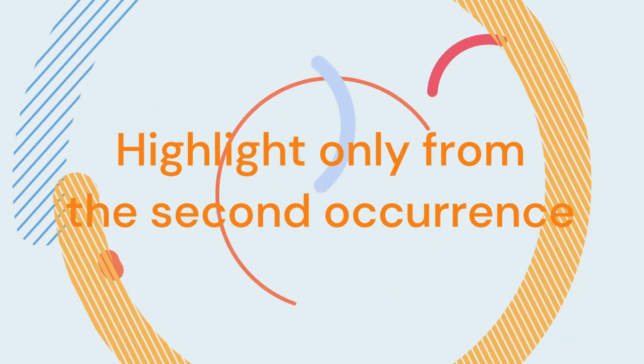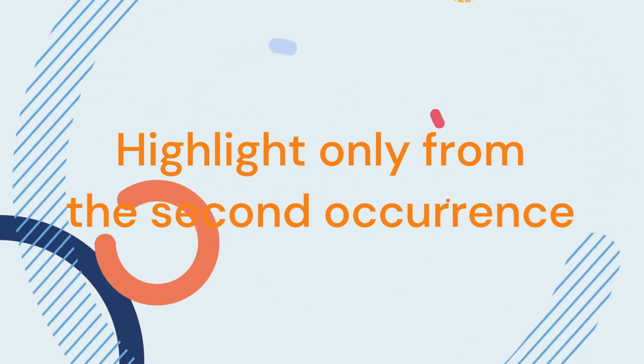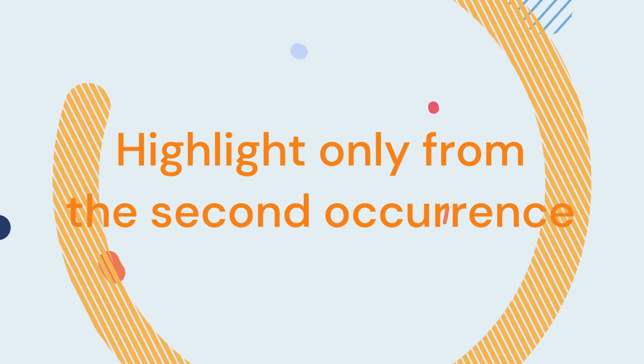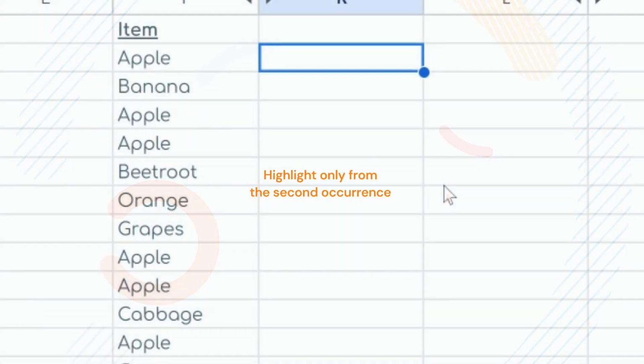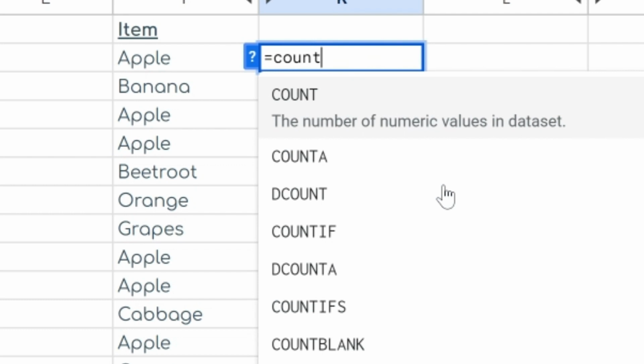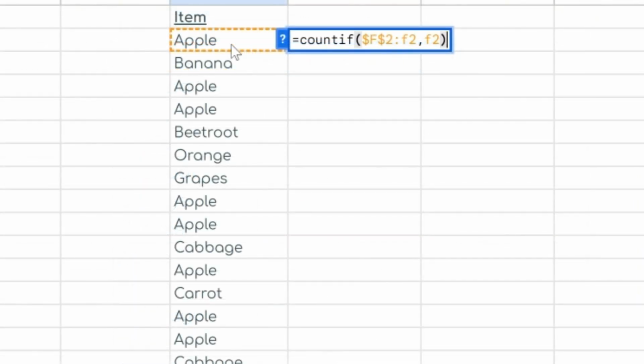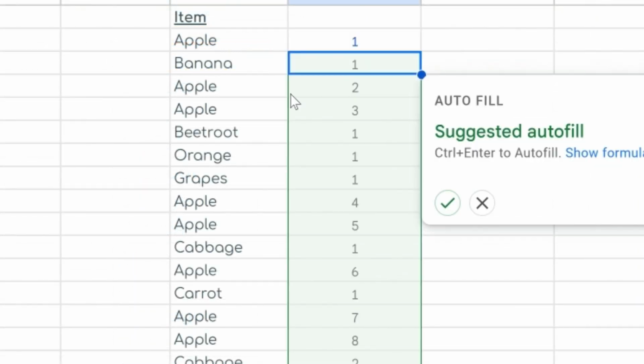Now think, you do not want to highlight the first occurrence of the value but want to highlight only from the second occurrence. For this, we will make small changes in the COUNTIF function. First, we will try the formula on the sheet and then copy it to the conditional formatting custom formula so that we can understand the formula clearly. For this, we will use the COUNTIF function in this manner. COUNTIF